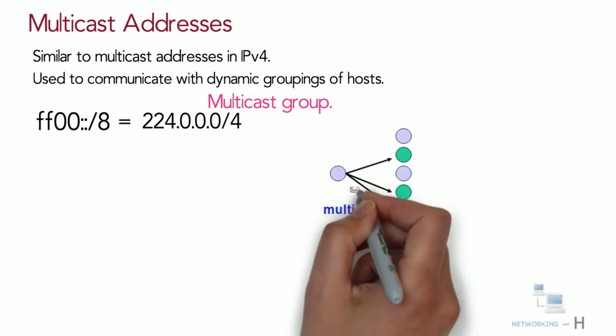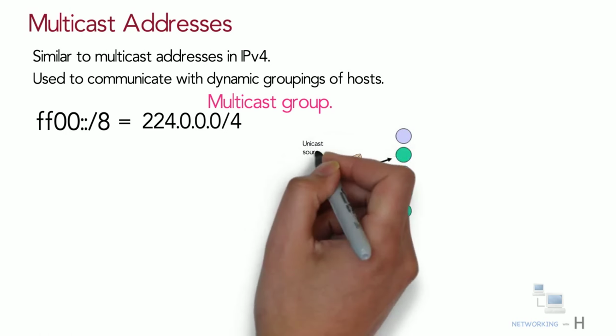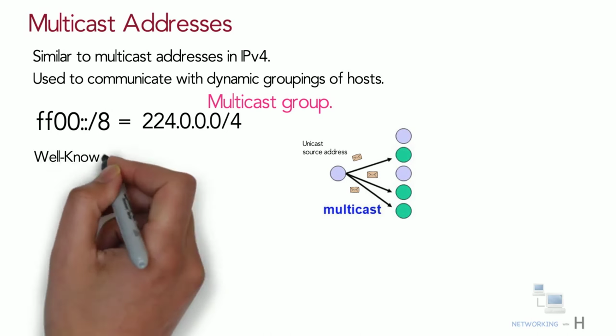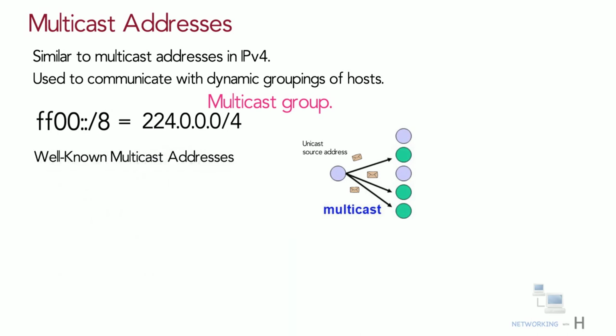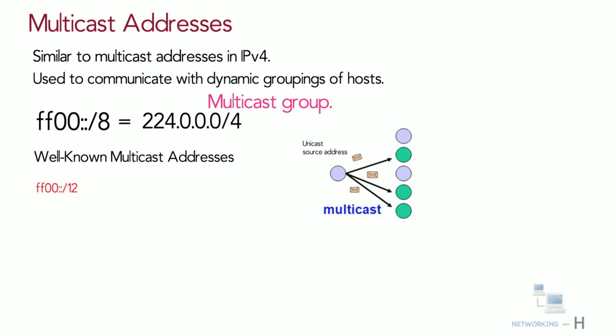A packet sent to a multicast group always has a unicast source address. A multicast address can never be the source address. Unlike IPv4, there is no broadcast address in IPv6. Some of the well-known multicast addresses have the prefix FF00::/12. Some examples of IPv6 well-known multicast addresses include the following: